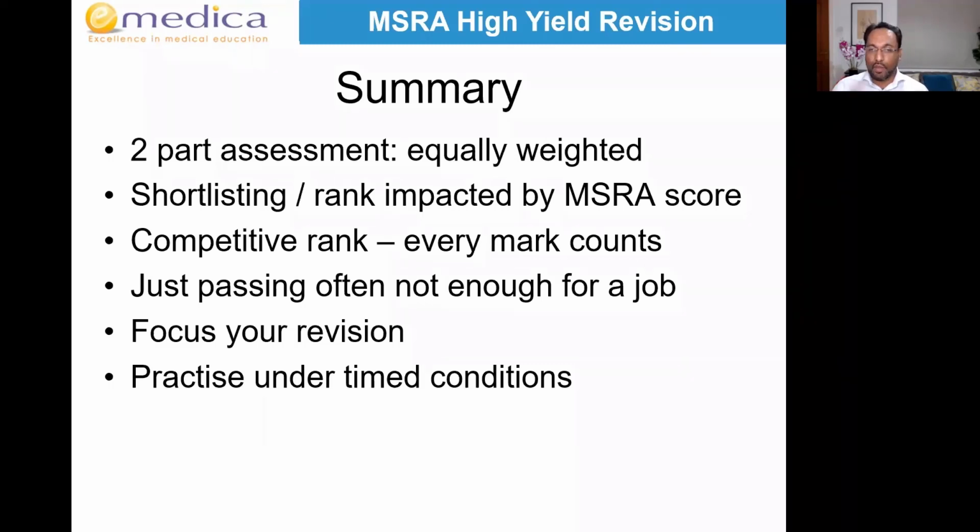Every mark matters. Sometimes one mark could be the difference between getting a job and not getting a job, or getting your first choice job and your second choice job, which might be further away from where you want it to be. Because it's so much more competitive, to give you an idea, in round one for GP, 6,500 and something doctors passed and were ranked for 4,200 jobs. There were over 7,500 that applied. So some failed, they didn't even get a rank, but 6,500 were ranked, only 4,200 jobs. Do you see? Just passing doesn't mean you're going to get a job.